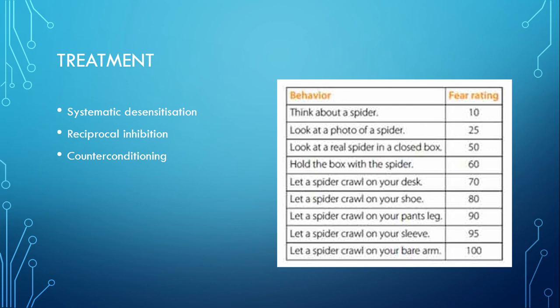relaxation. And it also works on the idea of reciprocal inhibition, so the idea that you cannot experience two intense emotions, you can't experience two emotions at the same time, and also the idea that anxiety cannot be maintained. So in a minute you will see that relaxation is the key focus of systematic desensitization. If you are feeling intense anxiety but you are also working to experience relaxation as well, your body cannot maintain both of those, so one of those experiences must be removed, and it is much, much harder for your body